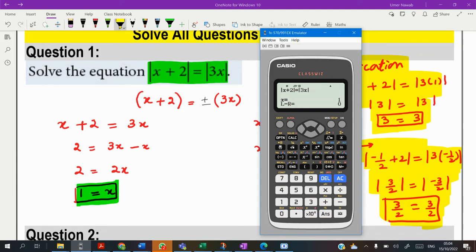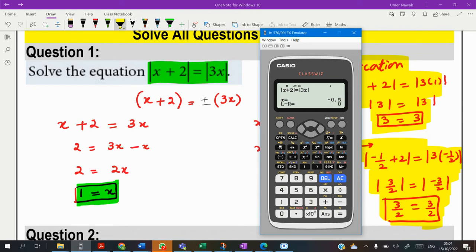Now change your guess by pressing the equal sign. For example, for the answer closer to 3 over 2, press 2. So now this is your guess, and the calculator will take this guess and give you the nearest solution to this guess. So we got 1. Still it is giving 1. So let me change my guess to 6. Still it is giving us 1. Suppose I give negative 0.2,